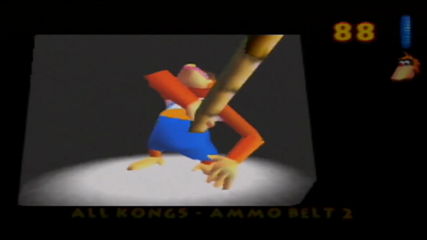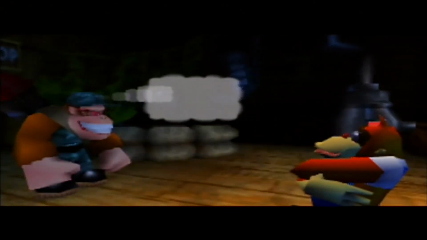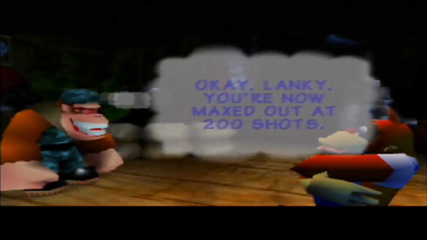We are opponents, man. Hook me up with that ammo belt. Alright, Funky, lay it down for us. You're now maxed out at 200 shots. I